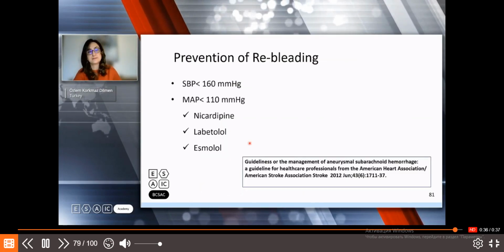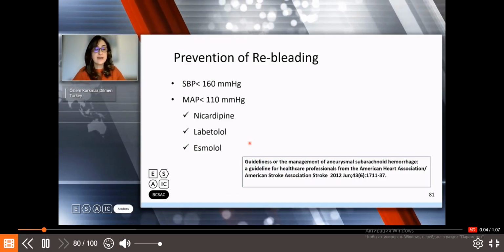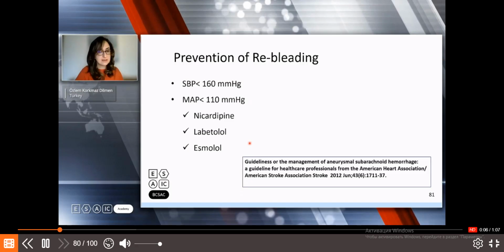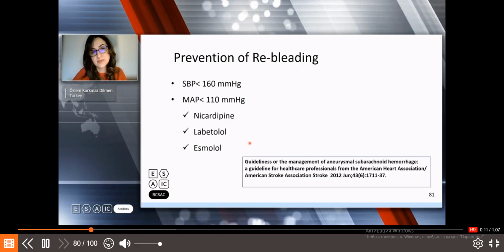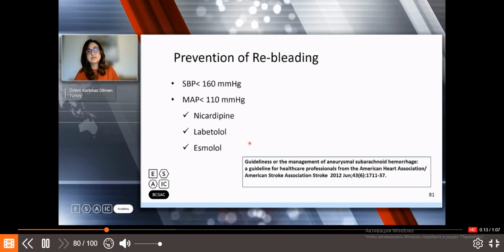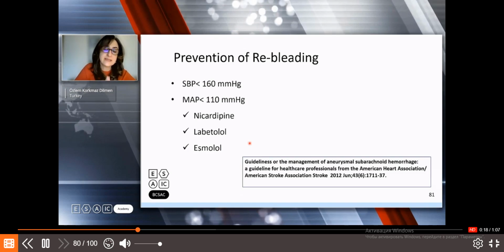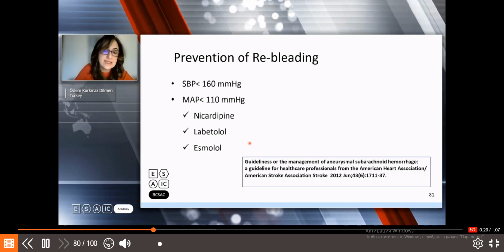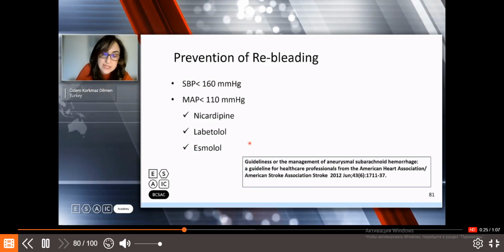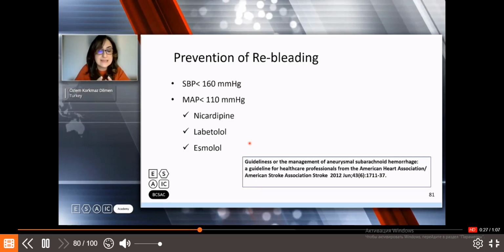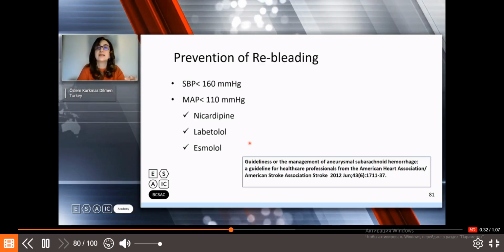prevent rebleeding. To prevent rebleeding, our guideline advises reduction of systolic blood pressure to less than 160 mmHg by nicardipine, labetalol, or osmolar administration. But aggressive management of blood pressure, yes, reduces the risk of rebleeding, however, at the expense of increased secondary ischemia. That's why